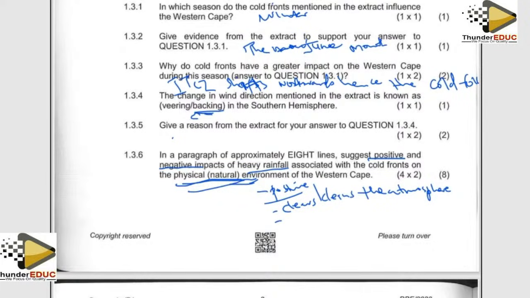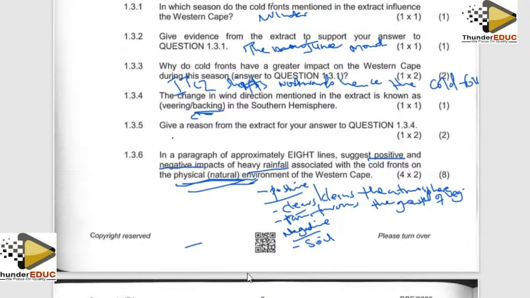Number two, another positive impact, because it rains, this rain is going to be very important for the growth of vegetation. Okay, rain favors the growth of vegetation. Those are all positive. So under the negative one, let's say the negative, we shall have soil erosion. So, okay, let me say heavy rains,